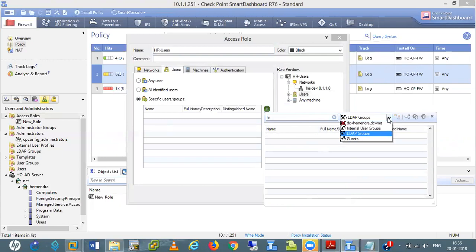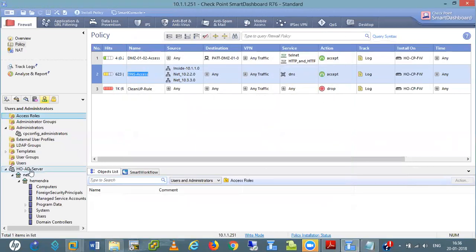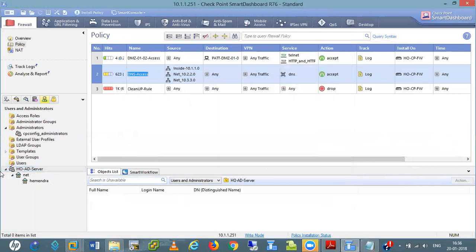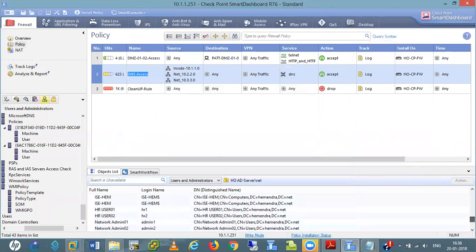LDAP groups. That HR is already in AD server, or you are creating? Yeah, HR is there in AD server already. HR CN equal to HR users, users, DC equals to Hemendra DC. Yeah, these are there.